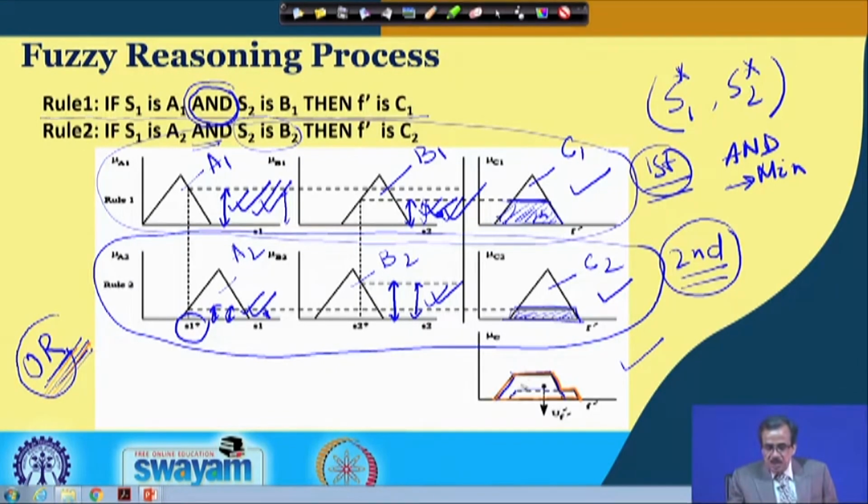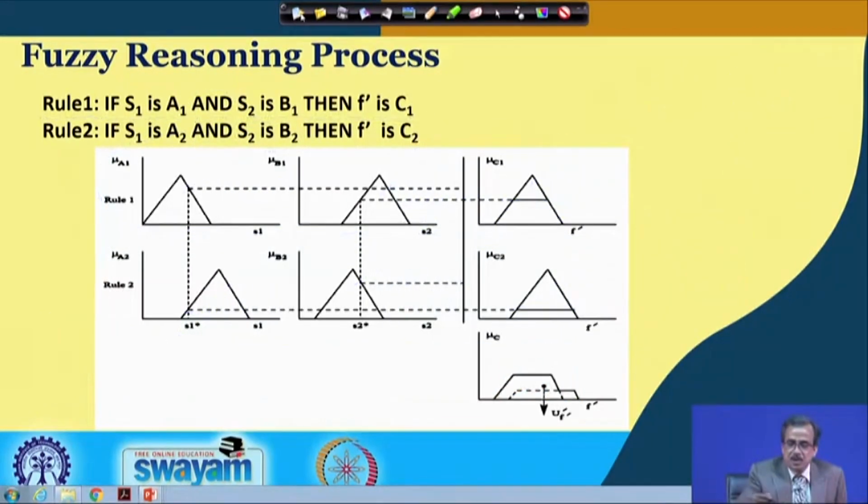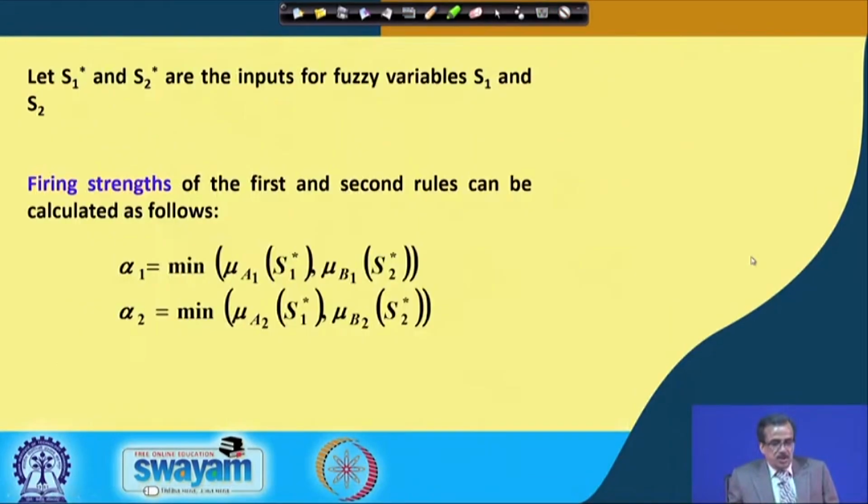Now, you see, this particular output is nothing but the fuzzy fired output. So, this is an area, and corresponding to this area we will have to find out the crisp value, and that is why we will have to go for some sort of defuzzification. So, if you see